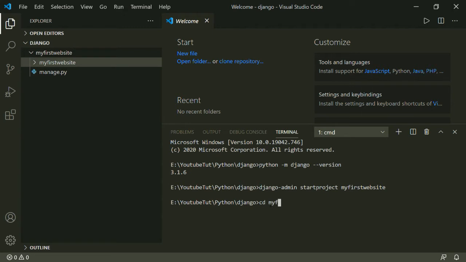So I will go to Django, cd myfirstwebsite, and then I will write the command for this, python run server, or I think, let me first go here, and I will say manage.py runserver.